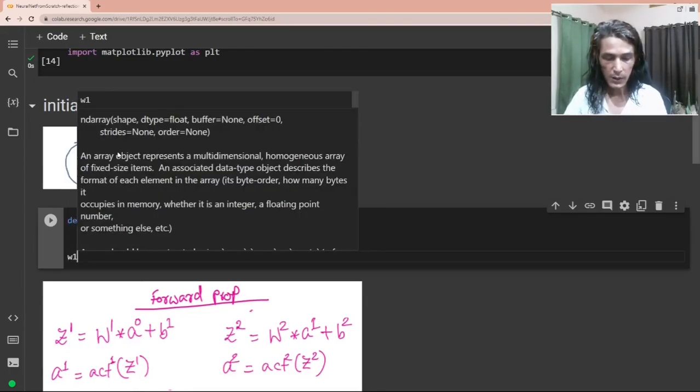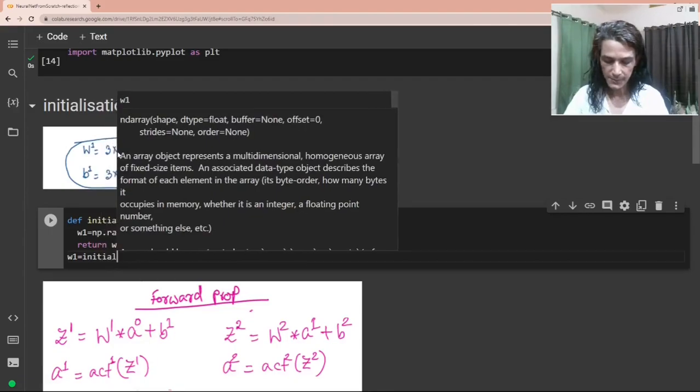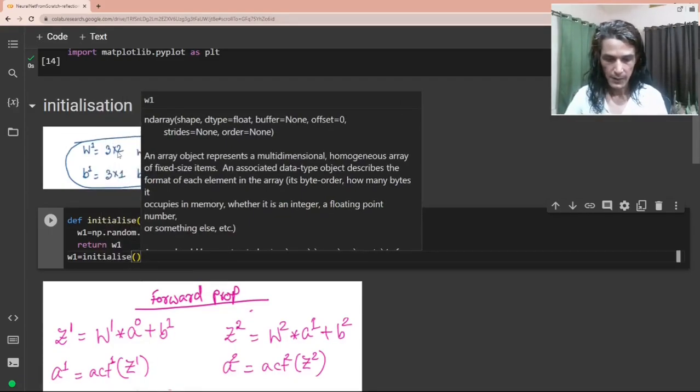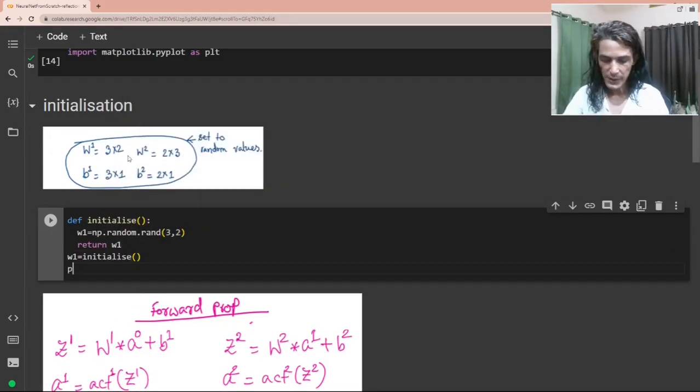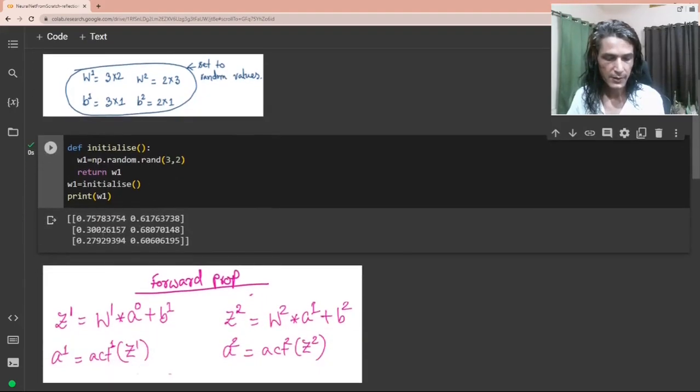Say W1 is equal to initialize, and that's all. And then we want to print W1. Let's see how this W1 looks like. Now you can see W1: we are calling this initialize function, and then it is returning us a